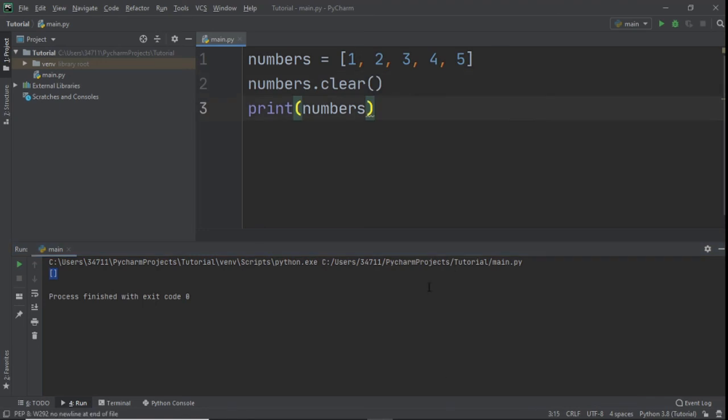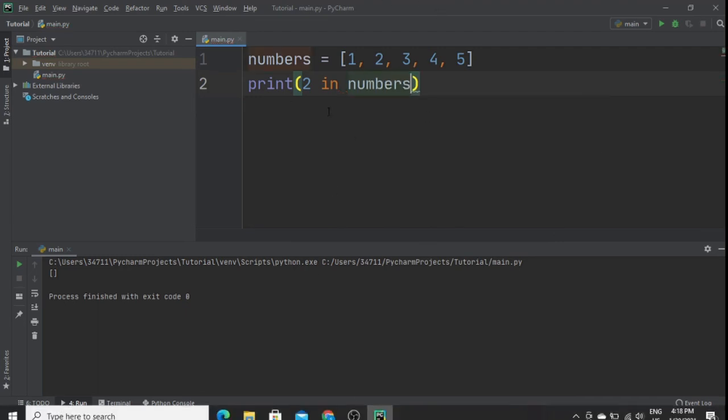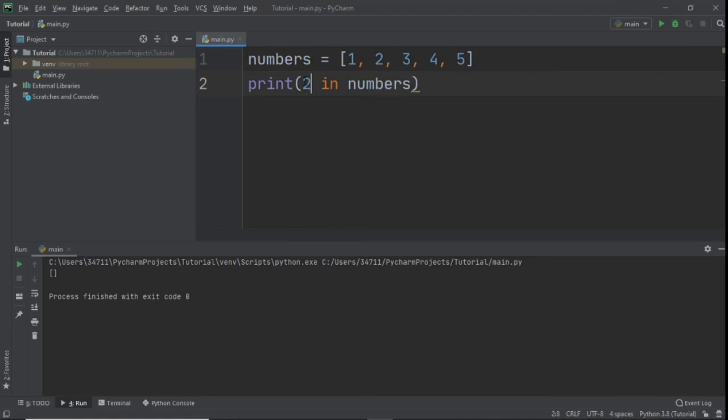Now, sometimes you actually want to know if a given item exists in our list or not. So we type 2 in numbers. Here, as you can see, we're using the in operator and we're checking to see if 2 is in the numbers list. So this is a Boolean expression. And when we run it, you can see we get a Boolean value, which is true. If I put 9,